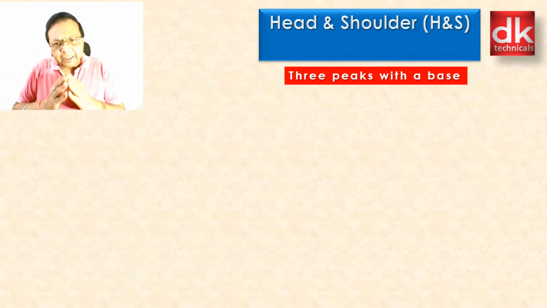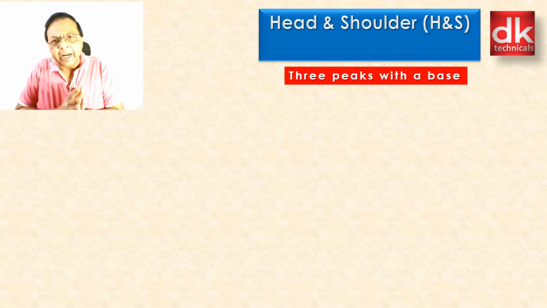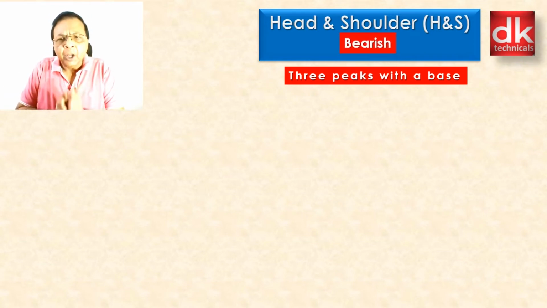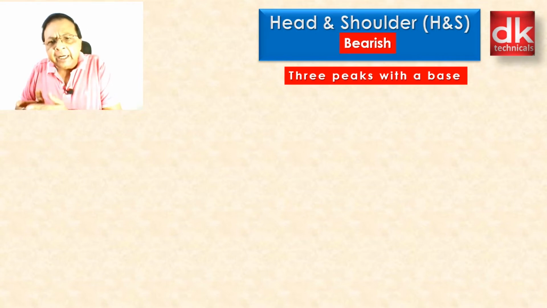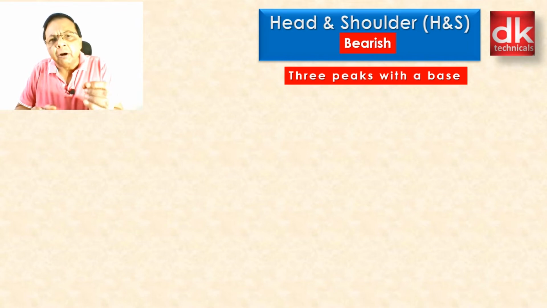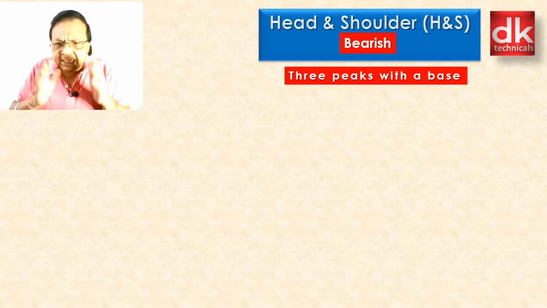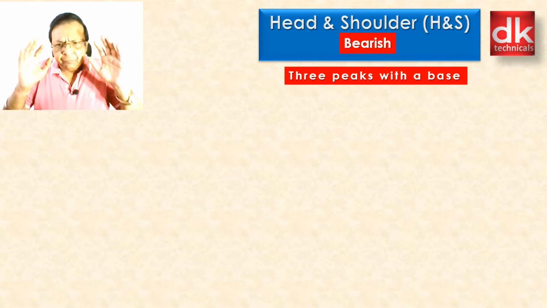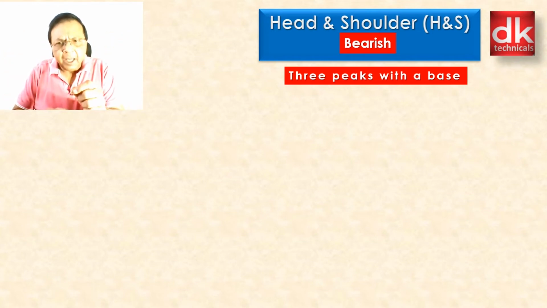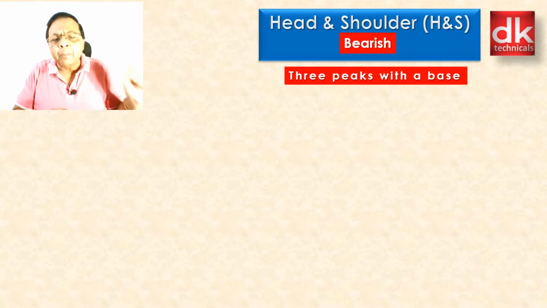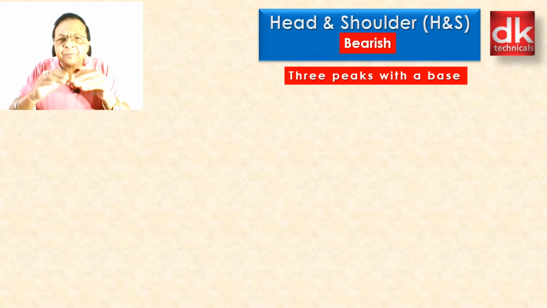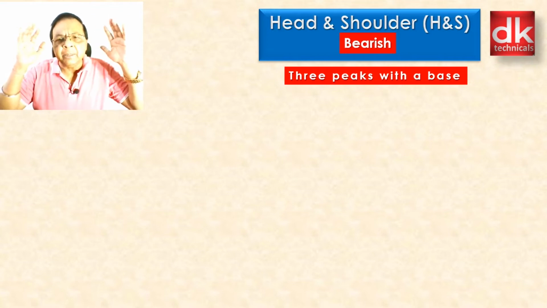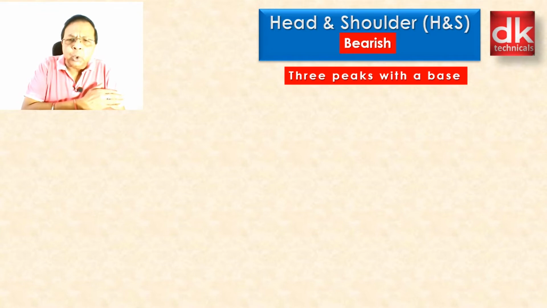So friends, first let's develop the concept for head and shoulder, which is bearish in nature, because once we develop the concept of head and shoulder, then inverted head and shoulder is nothing but the opposite of head and shoulder. So friends, this is nothing but a kind of formation which we find in the distribution phase, which means prior to the formation of head and shoulder, the market was in uptrending mode, and hence friend, it is a kind of three peaks formation.